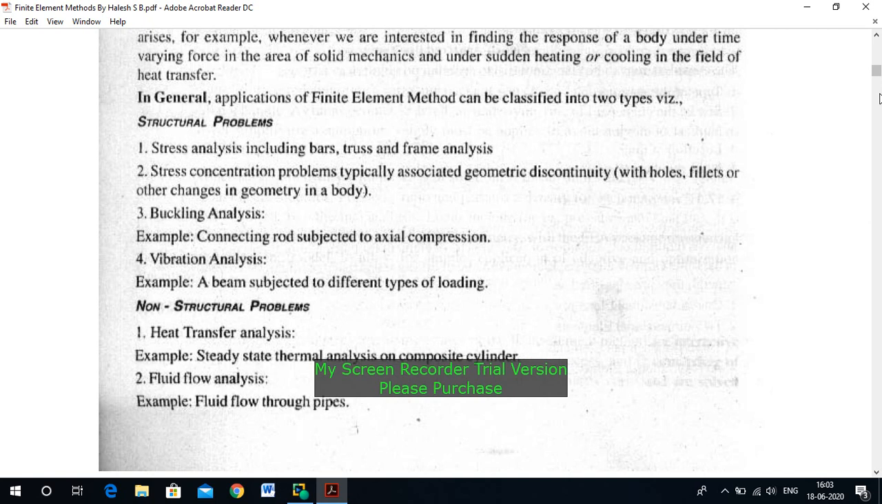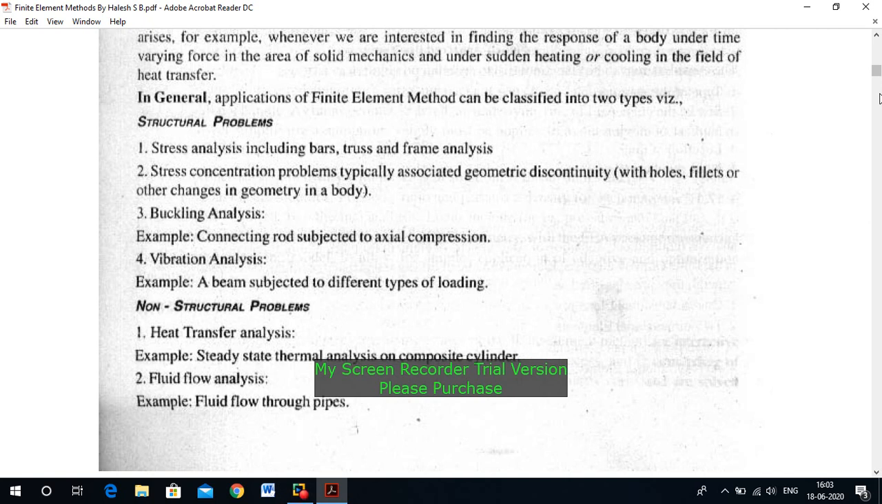the finite element method plays a very important role. The very first application under structural problems is stress analysis, including bars, truss and frame analysis, any type of frame. The second application is stress concentration problems, typically associated with geometric discontinuity, with holes, fillets or other changes in the geometry of the body. So consider a rectangular plate with a hole,